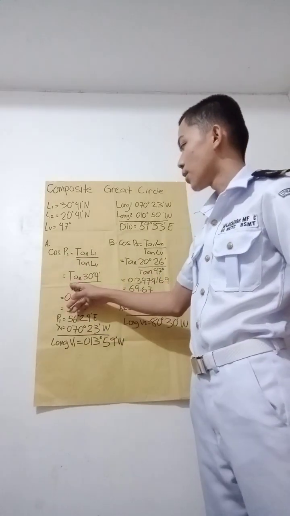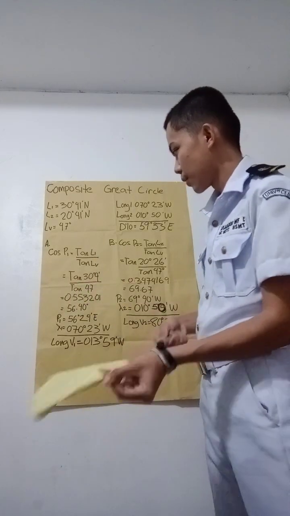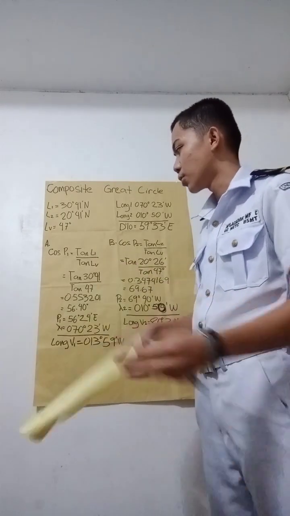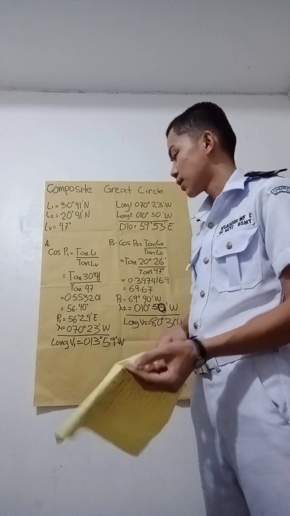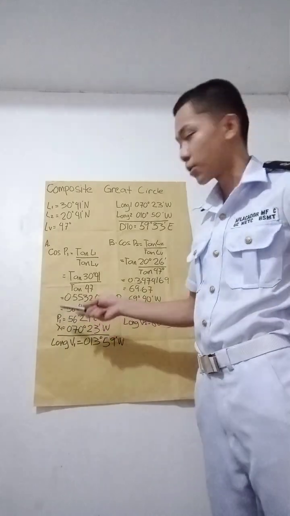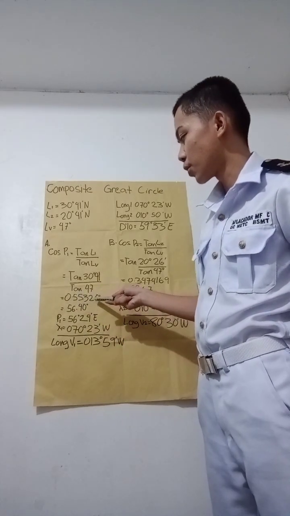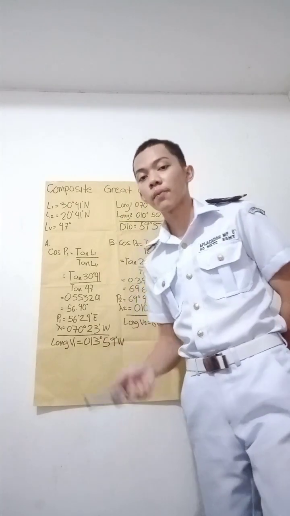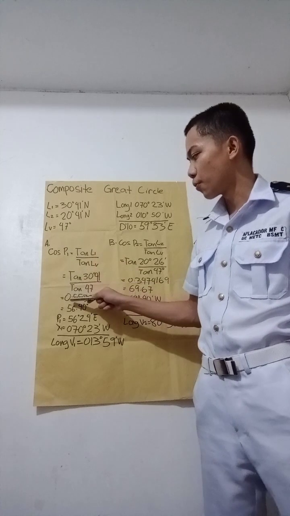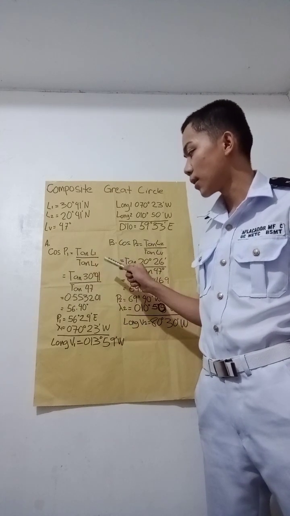So equals tan 30 degrees 41 minutes divided by tan 47 degrees. It is equal to 0.553201. Then use your scientific calculator and type shift cos 0.553201 is equal to